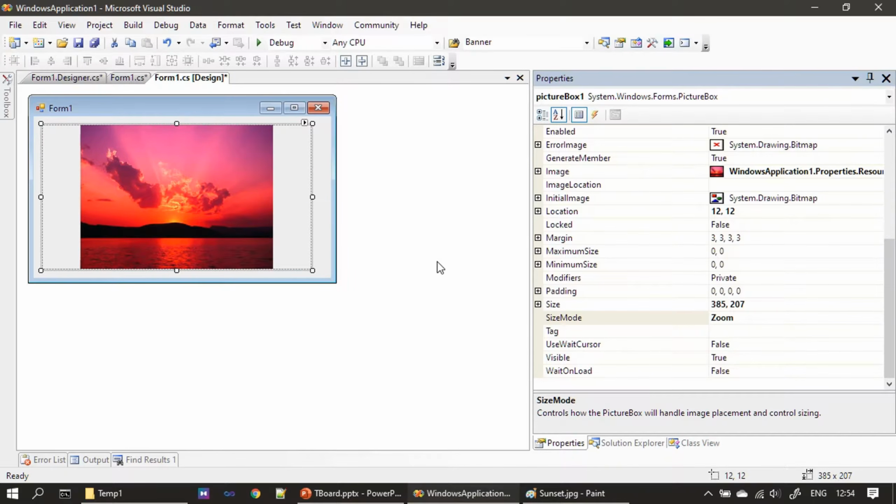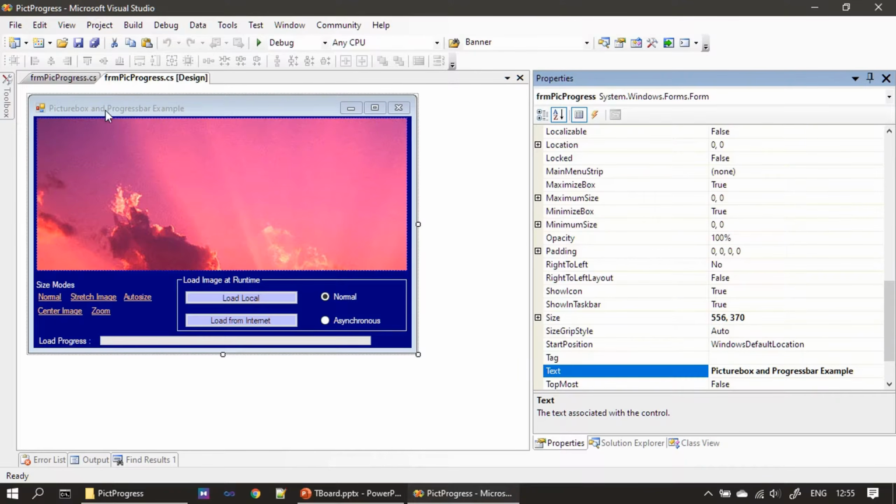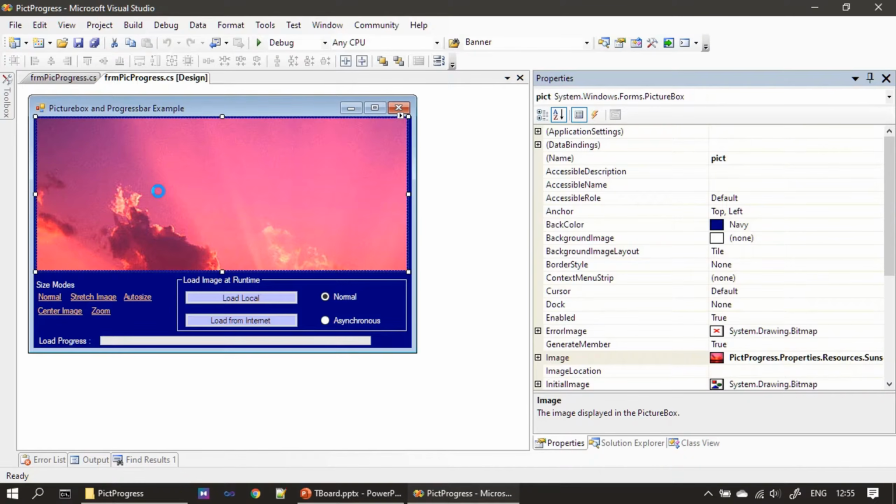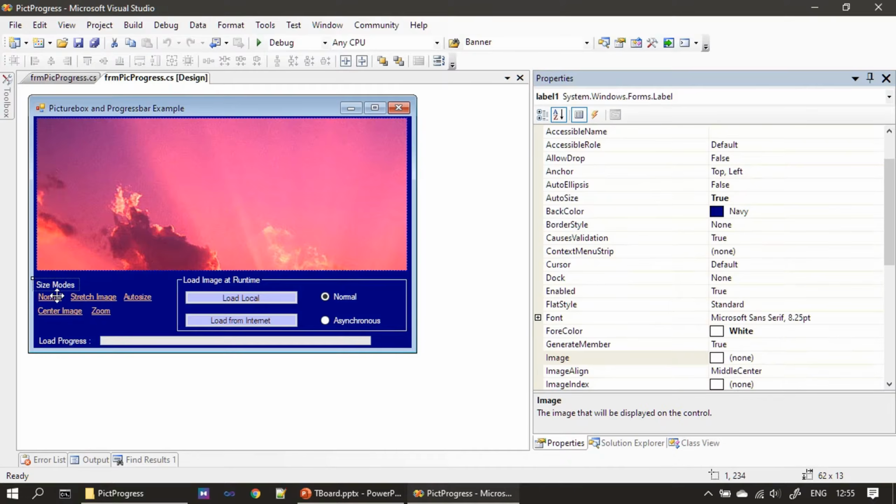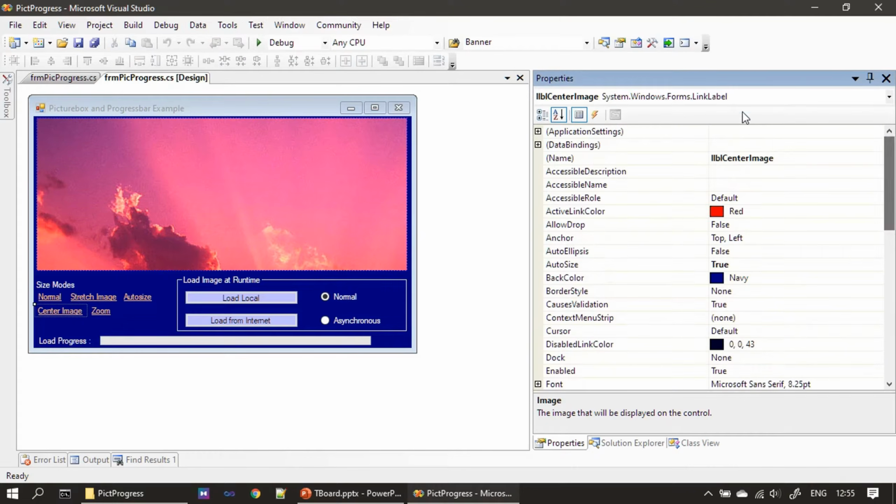Alright. Now let us look at our example and what are all the properties set for the controls. Here we have the form design ready. We placed a picture box control here. Then this is just a label, and all these are hyperlink controls. I mean the link label control. You can see it here. There are 5 controls,